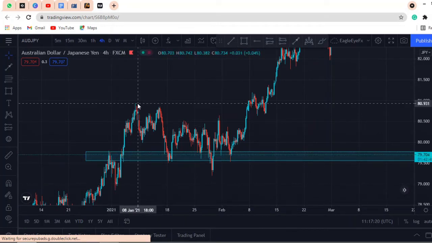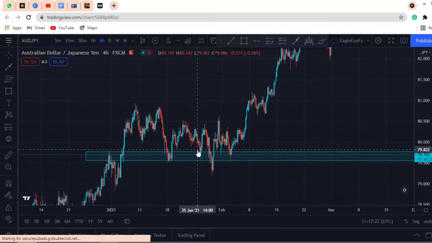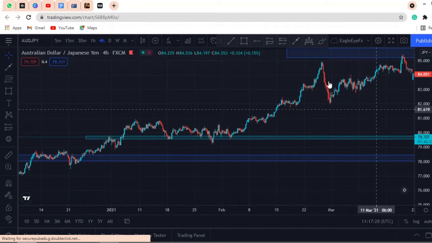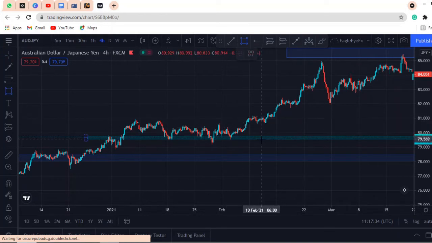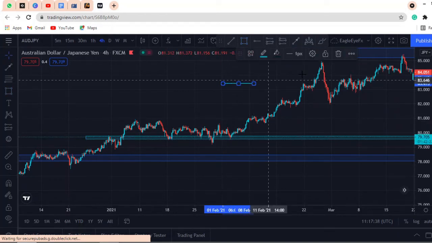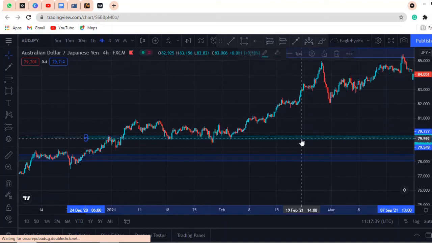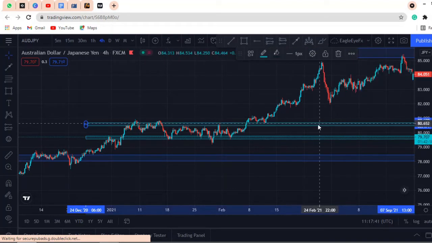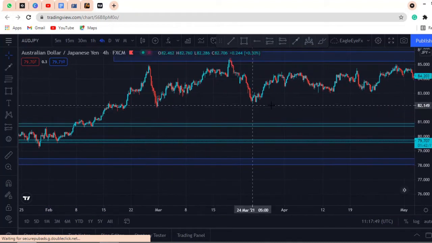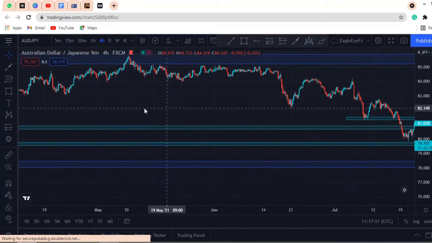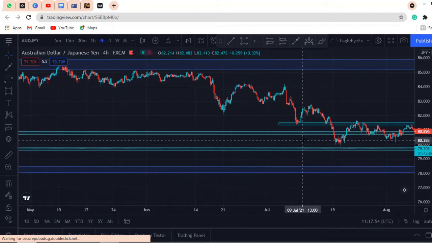It was broken, then it acted as support, and it supported this market all the way up there. So this level becomes a level of interest, and also we can draw another one here. Let's just clone this, and then we put another one here. Okay, let's see where it leads us to. If you zoom forward, you can see,